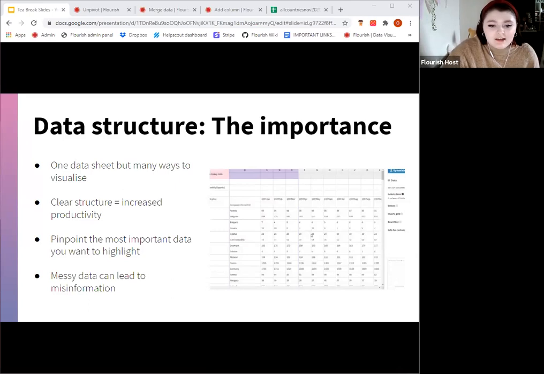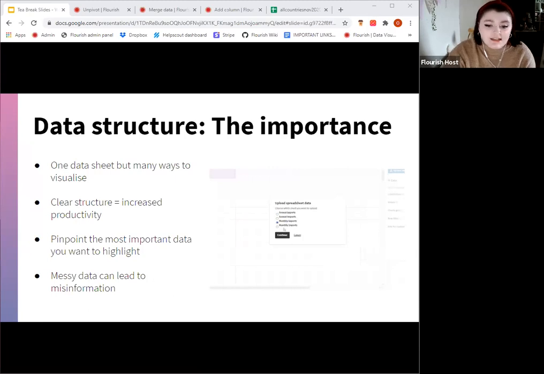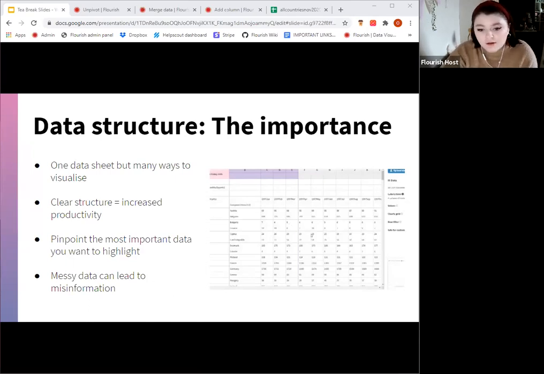Having a good clean data structure can improve your understanding of what chart types to use, the data you want to use to convey the story, everything like that. And with messy data or rushing to clean it, this can also lead to inaccuracies in your data if you misinterpret it. You could copy wrong cells or values over, and a whole host of other issues. All in all, a clean data structure will make your life a lot easier.